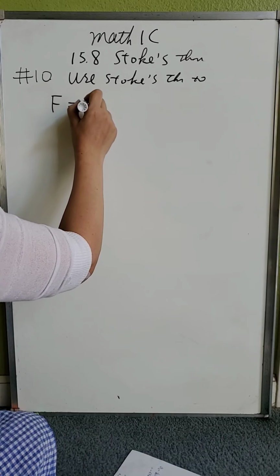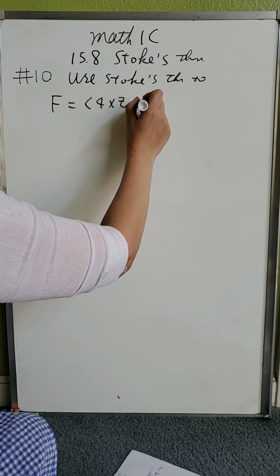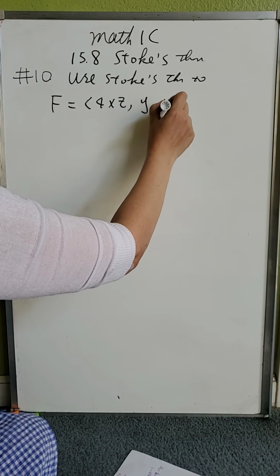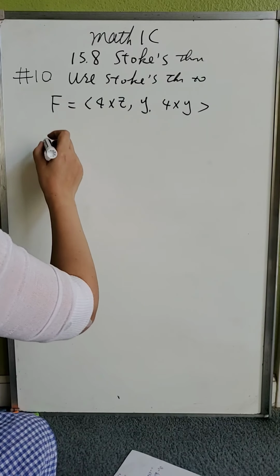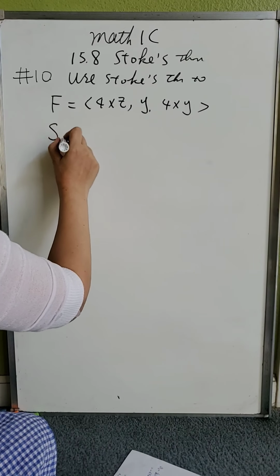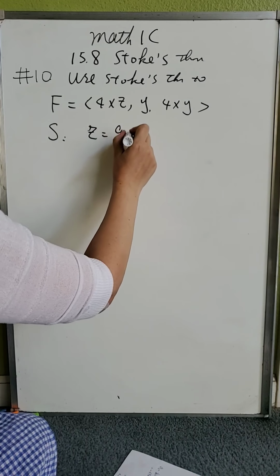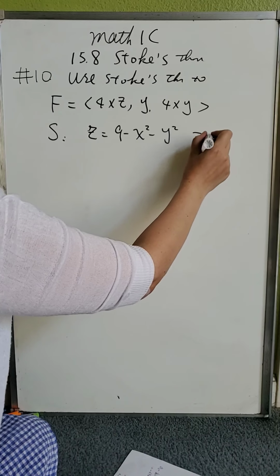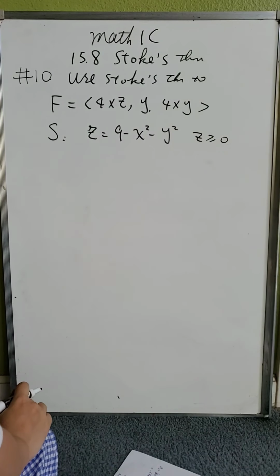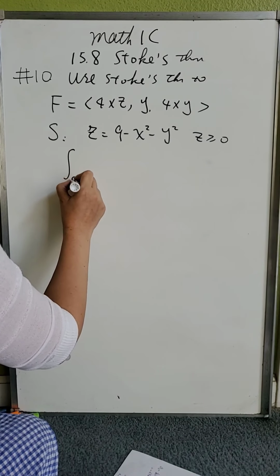Okay, they say F equal to 4xz, then y, and then 4xy. And then the surface is z equal 9 subtract x squared subtract y squared, z is greater than or equal to 0. So they say use Stokes' theorem. That means Stokes' theorem is,